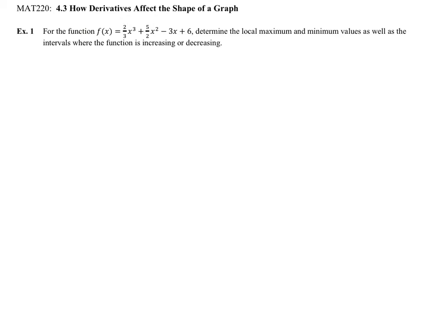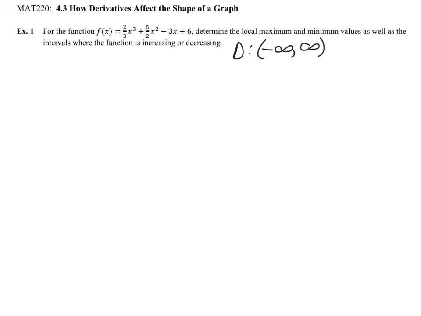So for example 1, we have the function f of x equals 2/3 x to the third power plus 5/2 x squared minus 3x plus 6. And we are looking to determine any local maximum or minimum values, as well as the intervals where the function is increasing or decreasing. So I like to start with the domain. This is a polynomial function, so we can have any values for x, so therefore the domain is all real